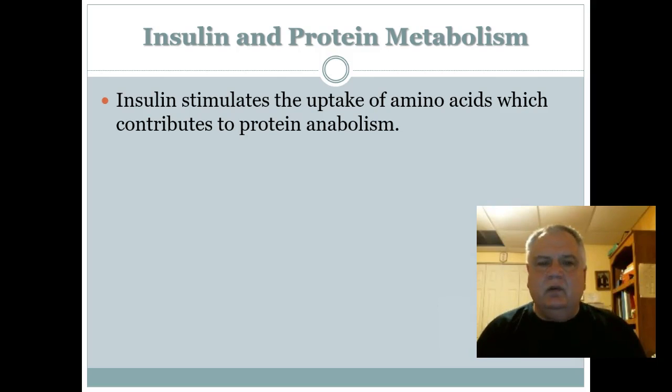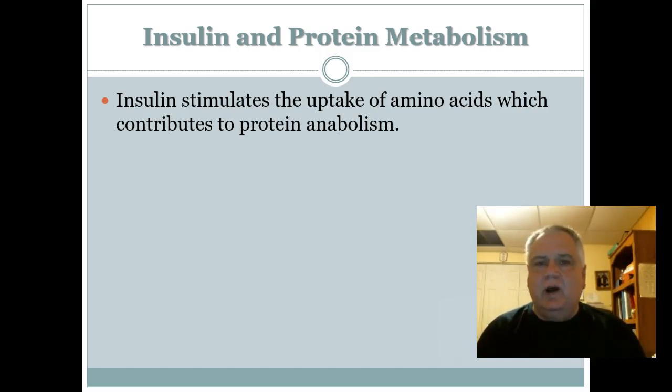What we see is that insulin will stimulate the uptake of amino acids in cells when it is in high concentrations, when it's produced and flowing through the bloodstream. The insulin will stimulate the uptake of those amino acids, and that'll contribute to protein anabolism. In other words, whenever insulin levels are high, that indicates that there's plenty of carbohydrates in the bloodstream, and we're trying to get those carbs out of the bloodstream, and cells can use those carbohydrates as a source of energy. Proteins would not be necessary as a source of energy. As a matter of fact, proteins are more important for building cell structure and the formation of enzymes.